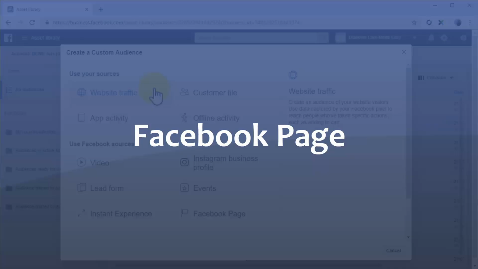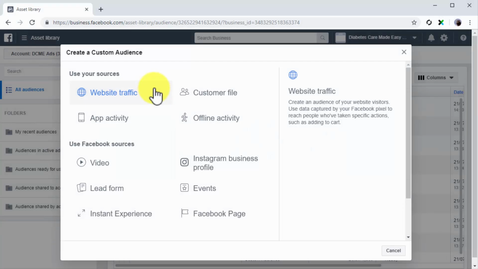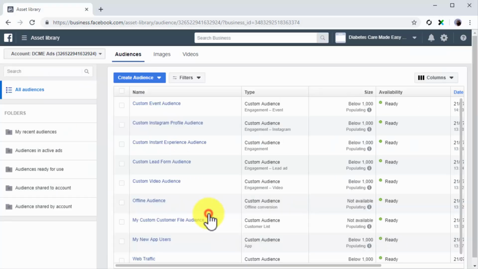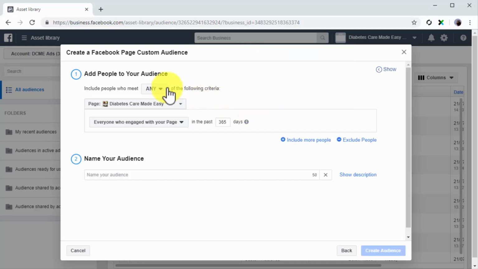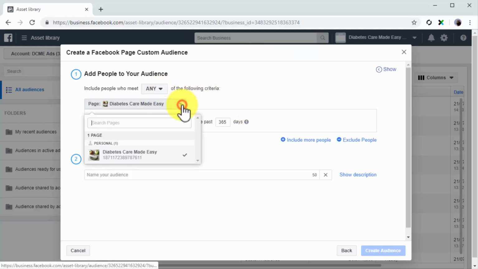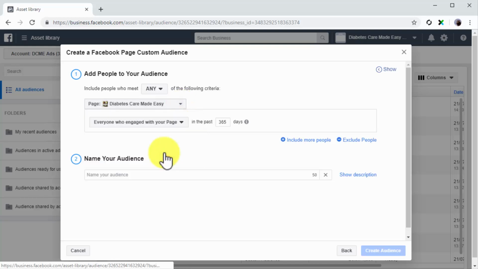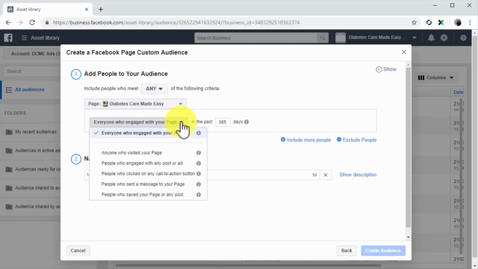Facebook Page. To create a custom audience from Facebook page engagement, select Facebook Page. Next, select an inclusion criteria, and then select the Facebook page from the menu below. Now select the criteria. Here you can select people who engaged with your page, anyone who visited your page, people